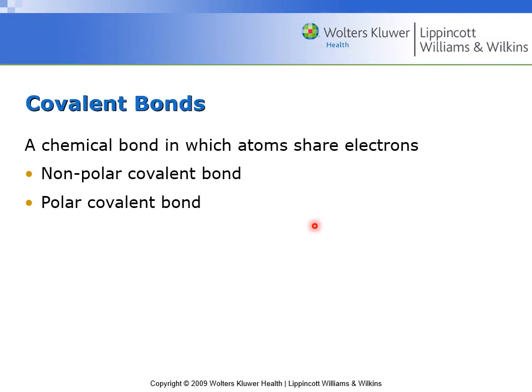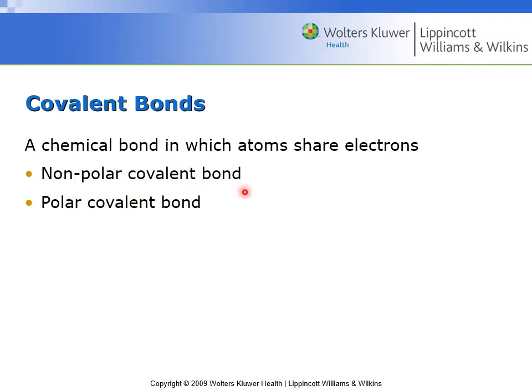We looked at ionic bonding involving transfer of electrons. Now covalent, this is a sharing of electrons. So you have two types, non-polar and polar. Depending on the partners making the bond, if one partner is stronger, the shared electron will spend more of its time around the stronger partner. Whereas in a